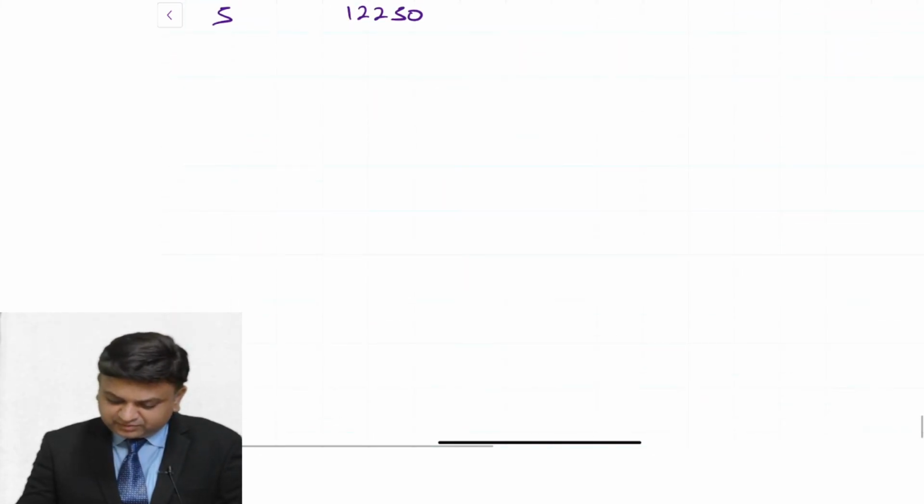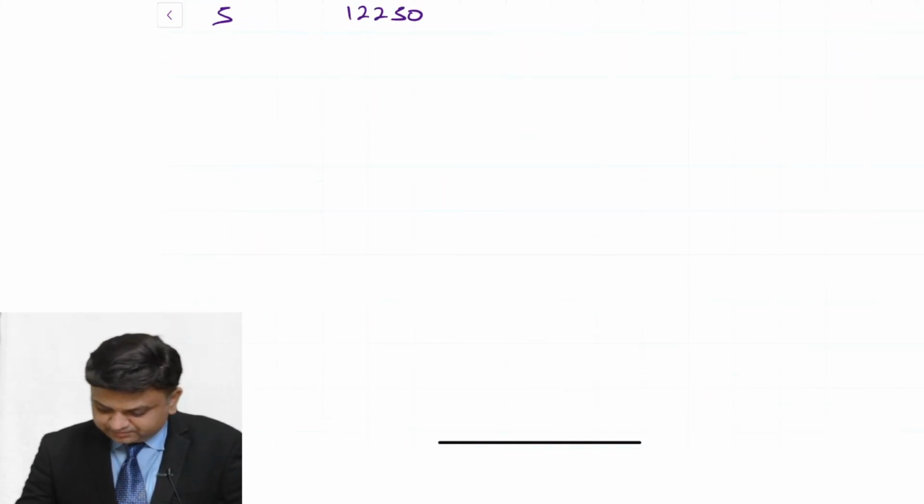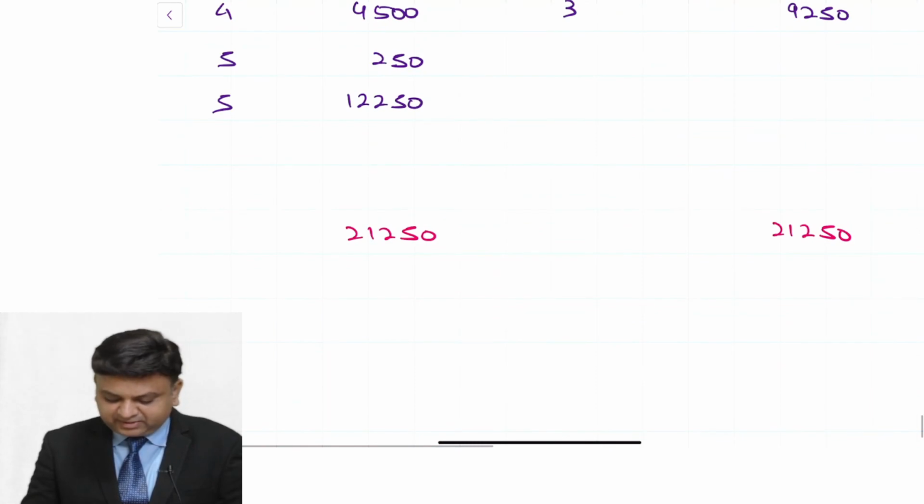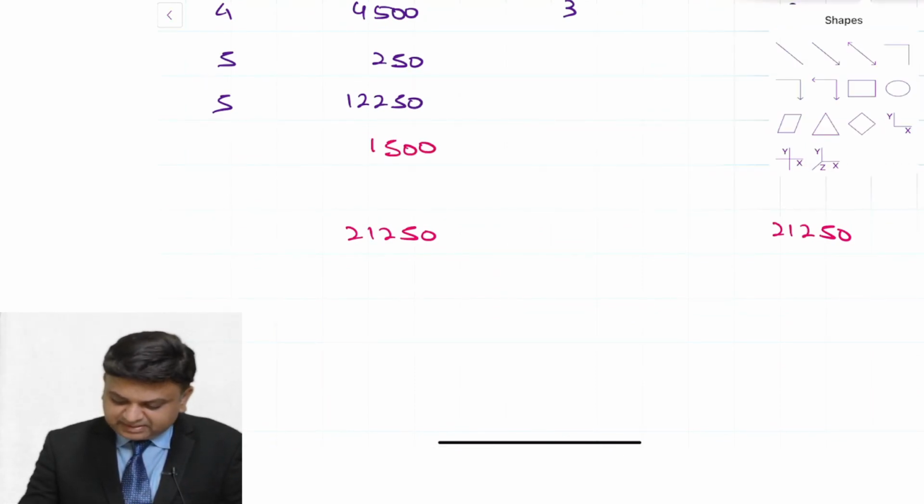So the total amount of the payment is 21250 minus the amount that you have received, so minus 2750 minus 4500 minus 250 minus 12250. So you can see that the resultant value is 1500 is the loss. That is a balancing figure